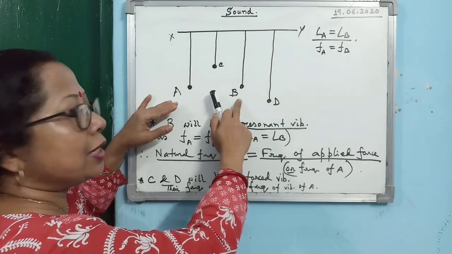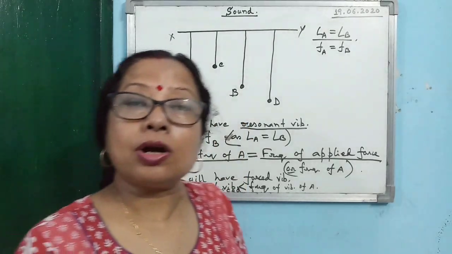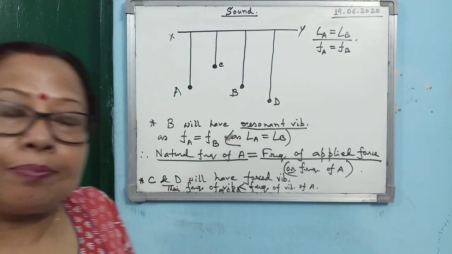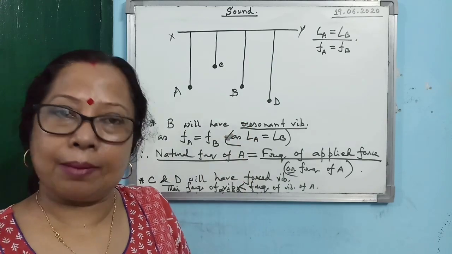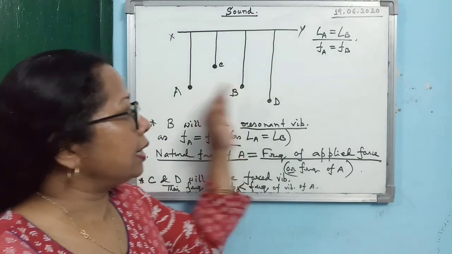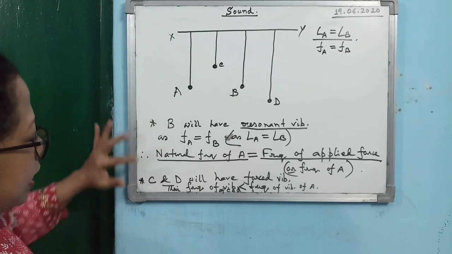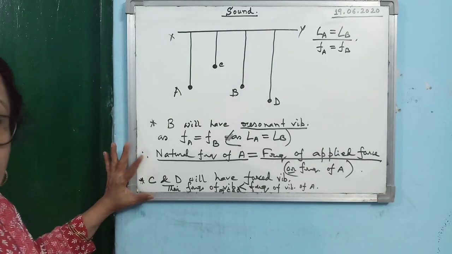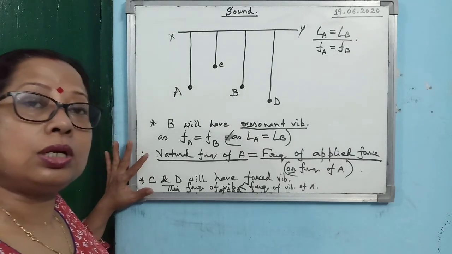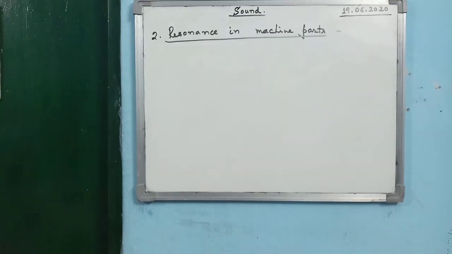Then the amplitude of vibration of B will decrease, and the amplitude of vibration of A will increase. Why? Because when A and B vibrate, as they are in resonance, they will share their energy among them. Okay, so this is an important example for the board exam. The diagram along with these 2 points as I wrote on the board, kindly copy it in the notebook and also learn and remember it, because this is the most important example.